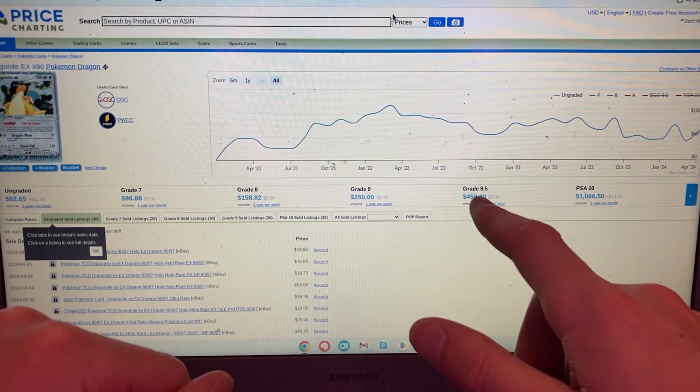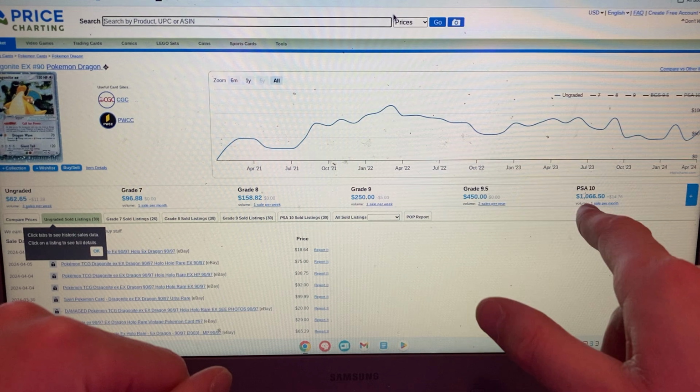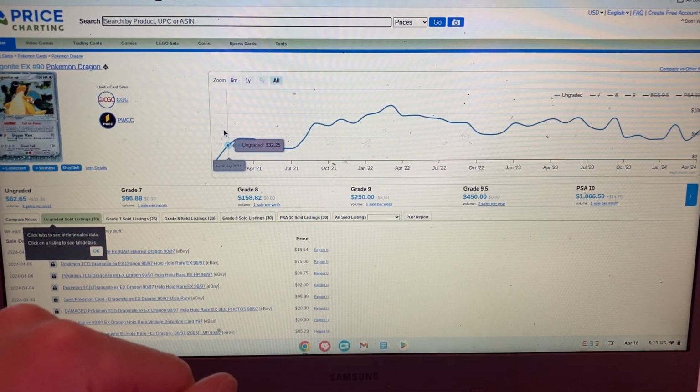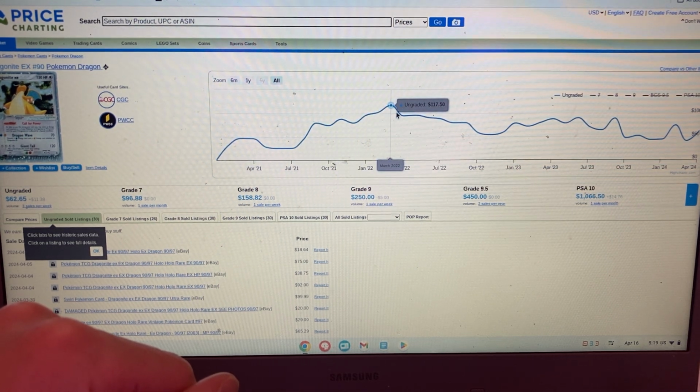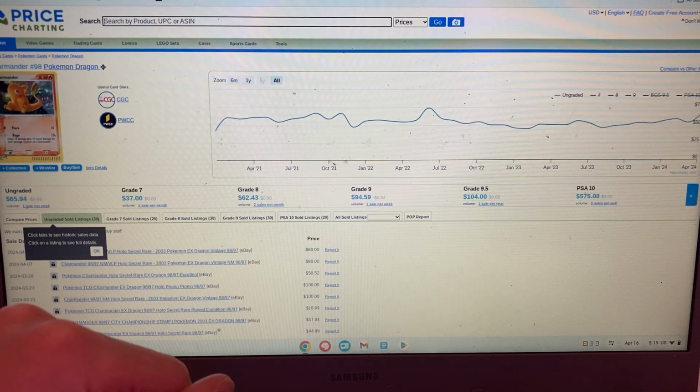Next up is a $450, still crazy, but I mean, it more than doubles with a 0.5 better grade. Cheapest this card was back in February of 21 at $32.25, and the most expensive was back in March of 22 at $117. Number 5, we have ourselves